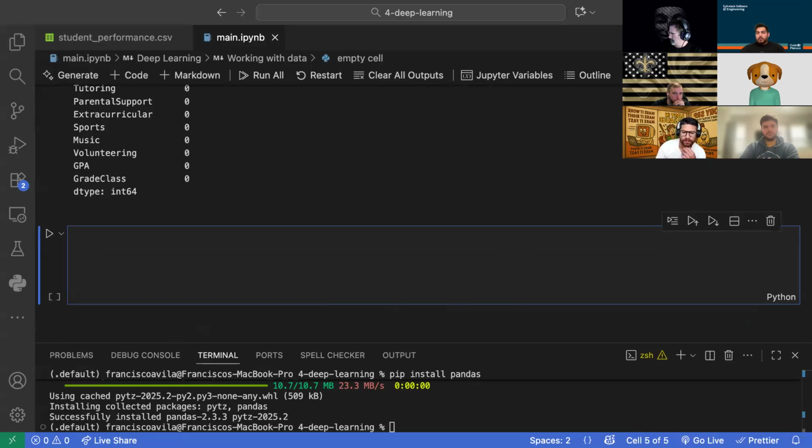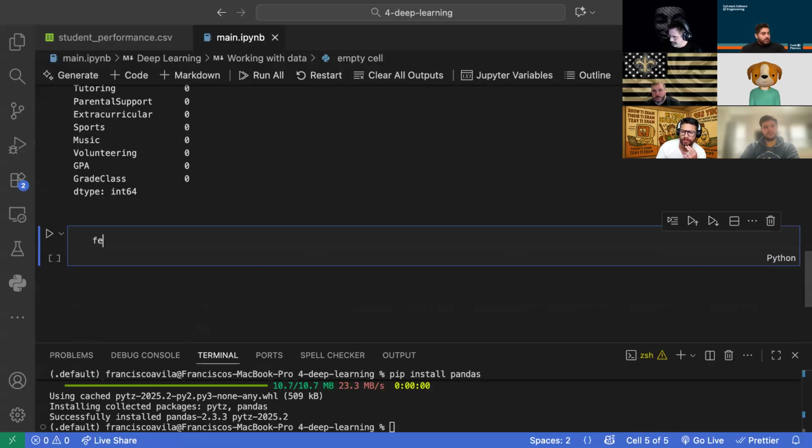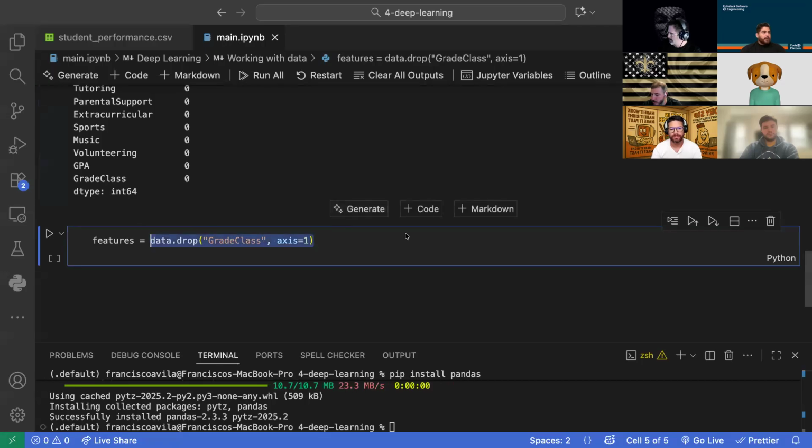So here we open up another block of code, and now we can actually start realizing what information we're working with. So features is going to be everything within our data frame, with the exception of grade class. And then we also want to pass in this argument called axis=1. We're essentially saying, I don't want you to mutate the data frame just because I'm removing this information. I still want you to keep the data frame in the same exact format. This axis can change the axis of your data. All right. And now if we take a look at features,